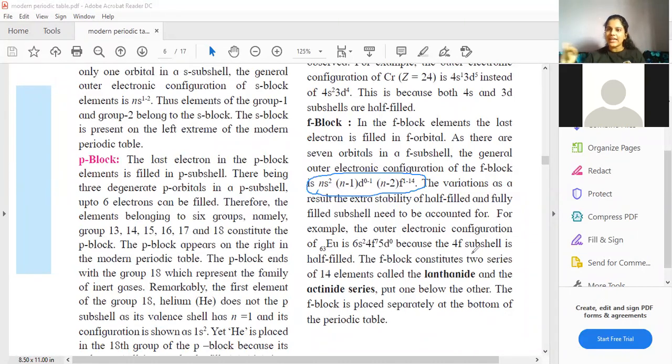When you all actually write the configuration, just now we have seen the energy level, right? So 6s will fill, then 4f will fill, and then 5d. It is not necessary that we first fill d and then f. That will depend on what the energy levels are. This they have written in general, that the elements of the f block have their f and d shell filled up.